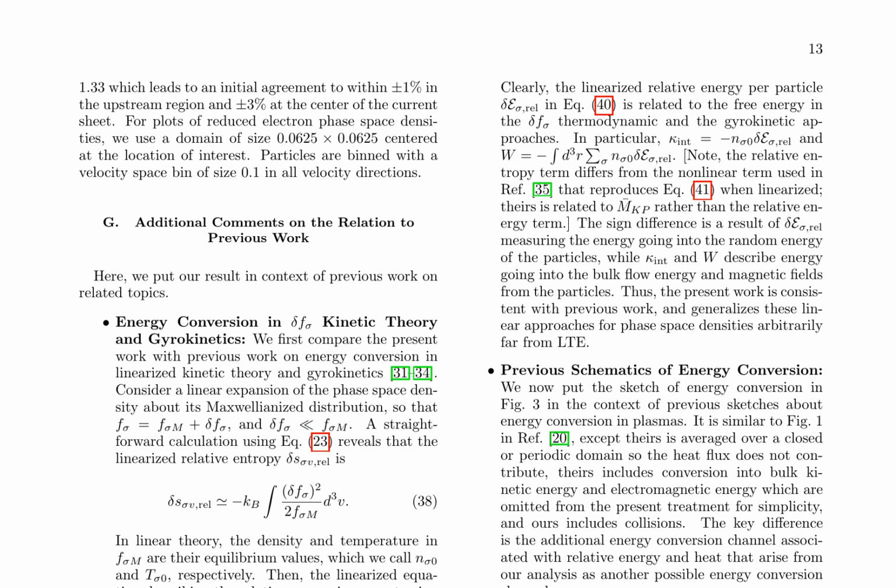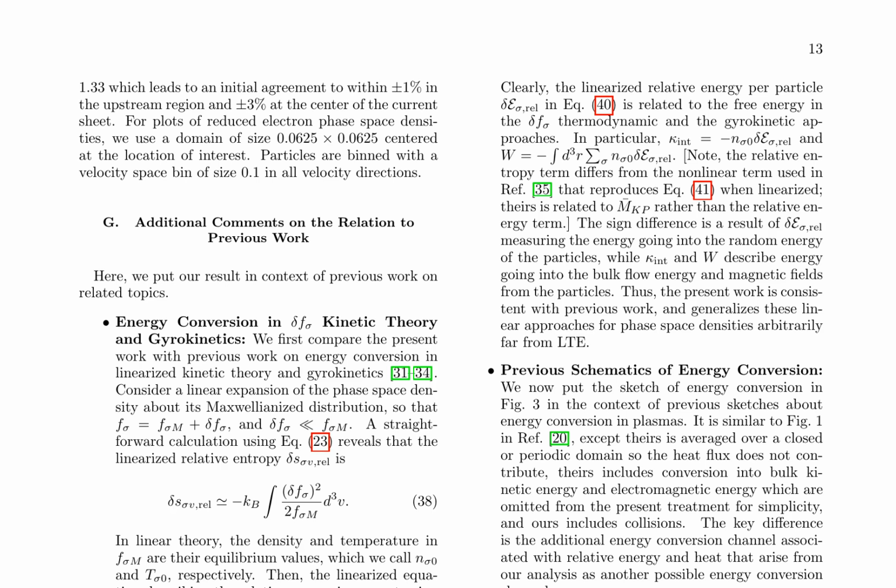The comparative analysis with previous work on energy conversion in plasmas, within the context of linearized kinetic theory and gyrokinetics, begins with the linearized relative entropy delta S sigma V, rel. This is derived from the phase space density F sigma and its Maxwellianized distribution F sigma m. The linearized equation for the relative energy increment d sigma, rel, dt is presented, highlighting the role of temperature and density in energy conversion. The paper compares its findings with previous studies,